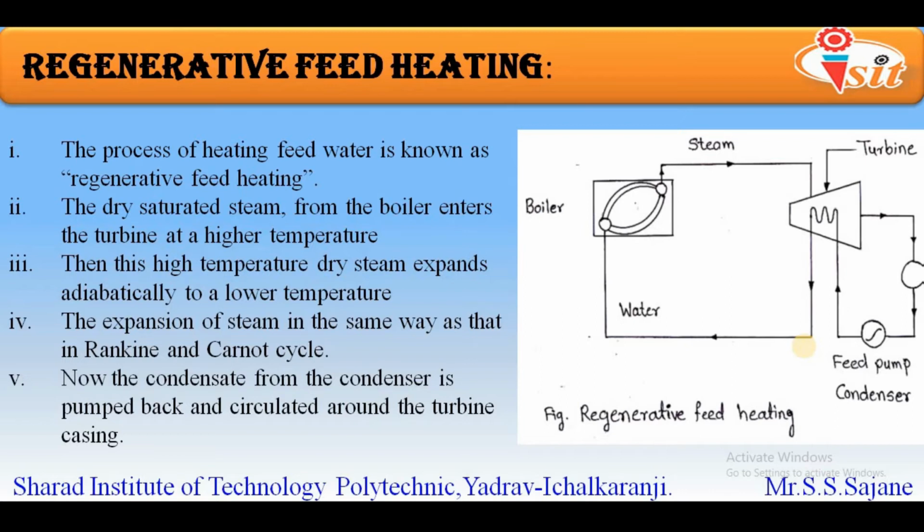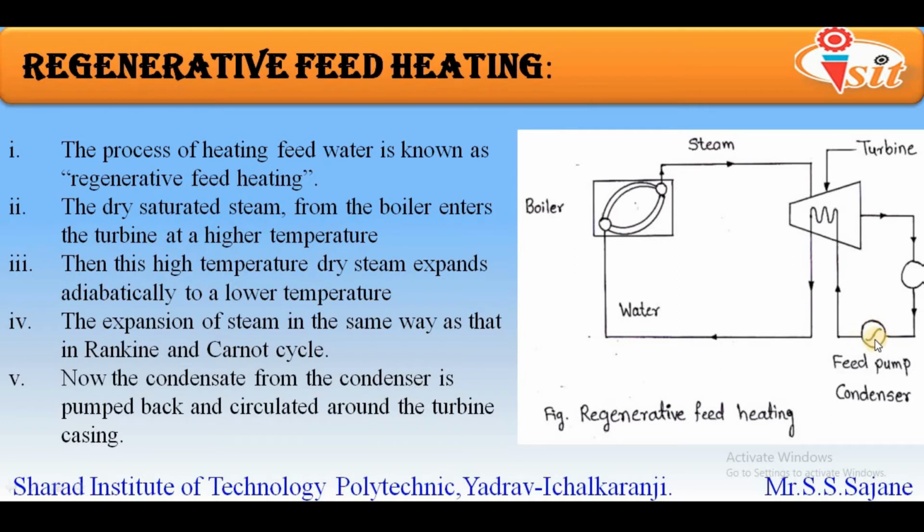So we will start with the boiler. You already know the function of the boiler. Whatever feed water is provided to the boiler will be converted into superheated steam. Now this superheated steam is provided to the turbine, where the expansion of the superheated steam will take place, and thus work will be obtained. After the turbine, we will have the condensate which is fed to the condenser, and then the condensate will be fed to the feed pump.